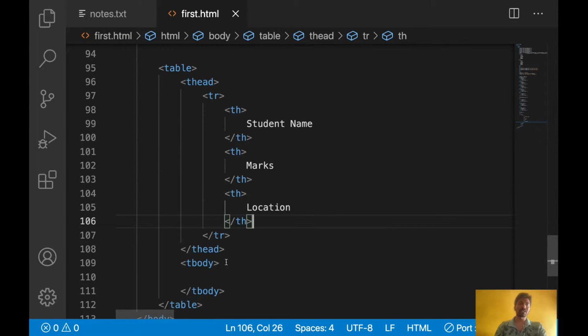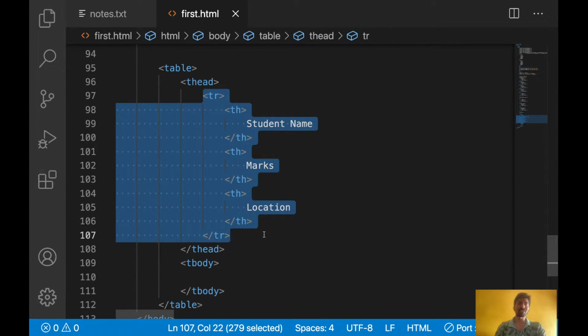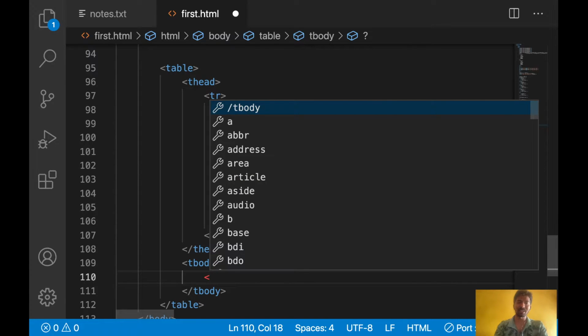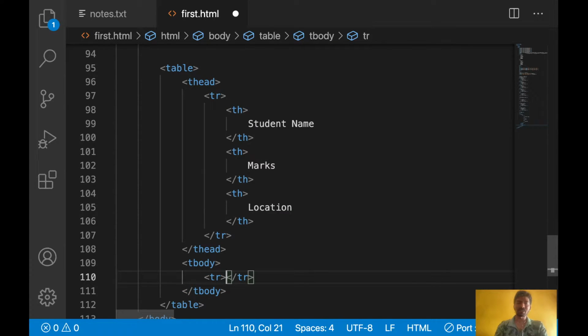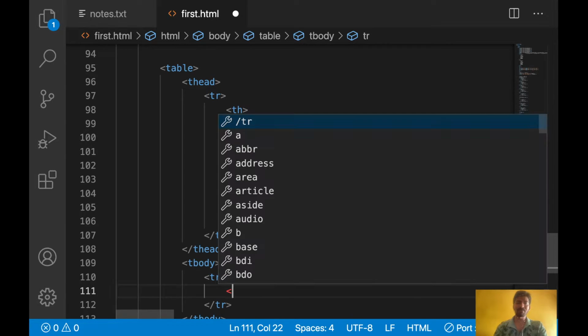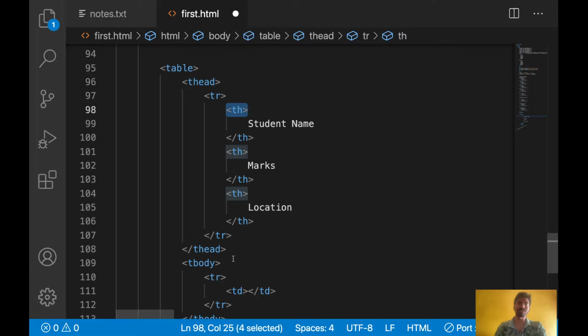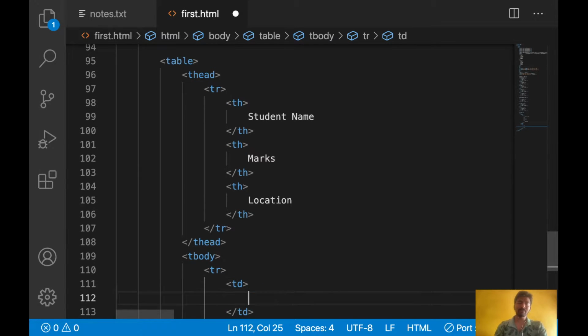Okay, let's write same format like this only. You can do it inside t body also. T body is for the content, multiple rows you can add. For example, I am adding 1 row. Tr is common for t head and t body. T head means table head, t body means table body. Inside table row we will use the td. Td means table data. Here table heading we used, here table data.